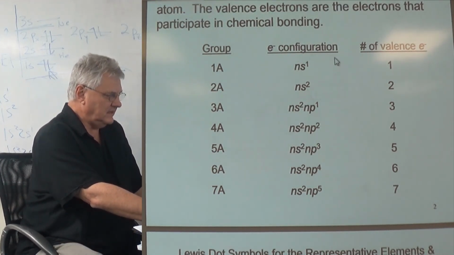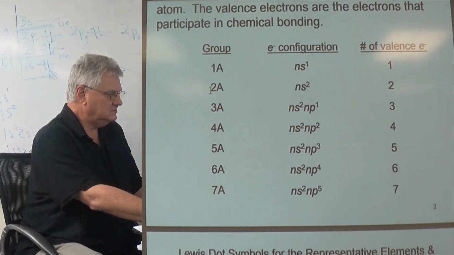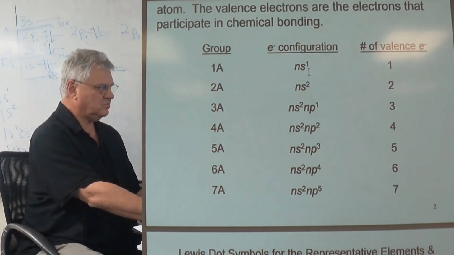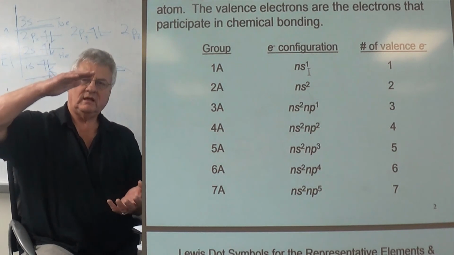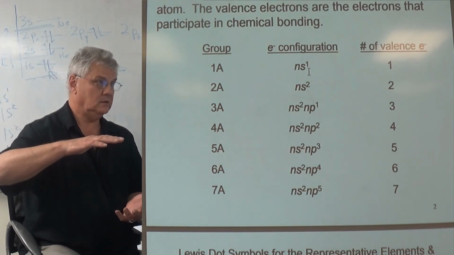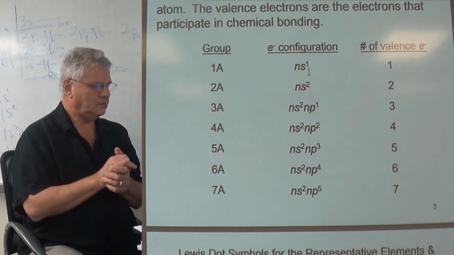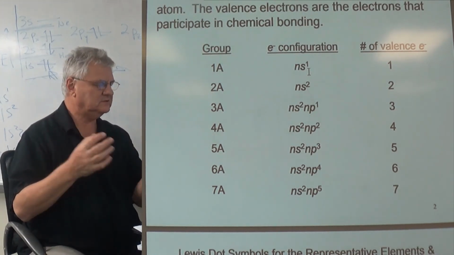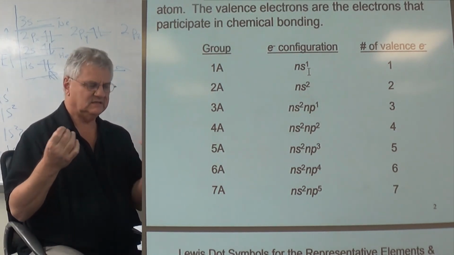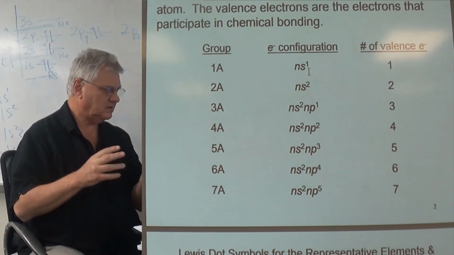And you can see for group 1A, the alkali metals, and group 2A, the alkaline earths, that if the alkali metals lose this s electron, now you're going to have a filled shell below it. And this is the driving force for a sodium atom forming a sodium cation,